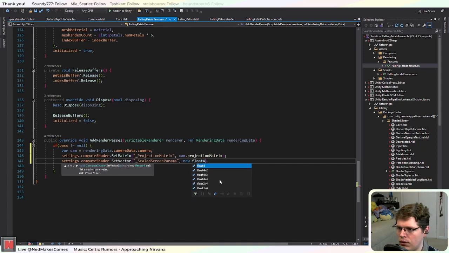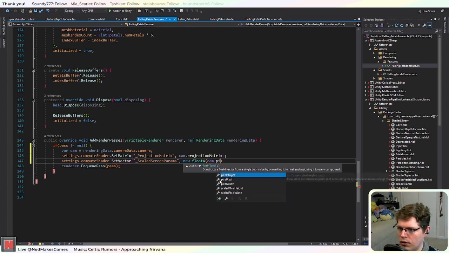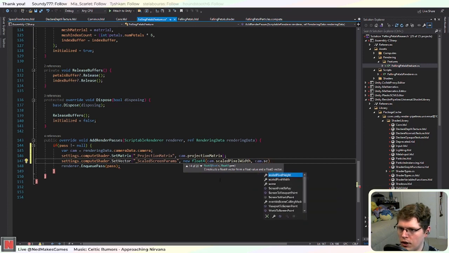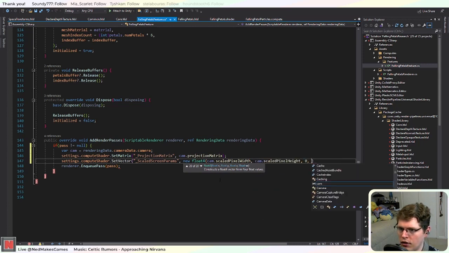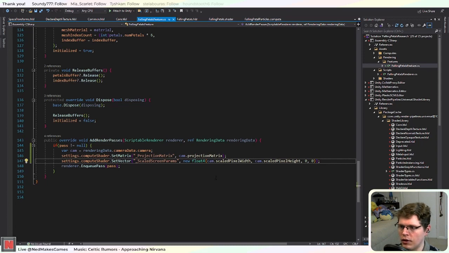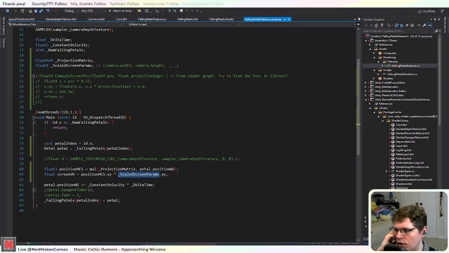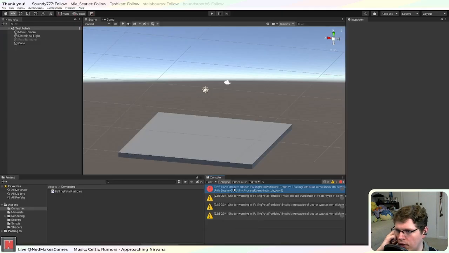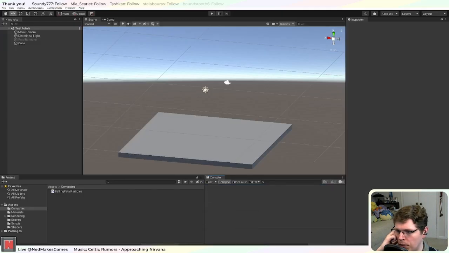So new float4, cam pixel, or scaled pixel width, scaled pixel height, and I don't care about the other values, so I'm just going to set them to 0. Okay, so now we have that. Yeah, it's still going to give me errors, but